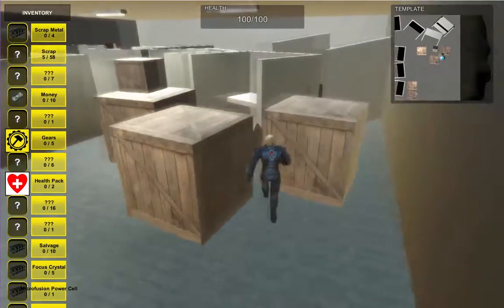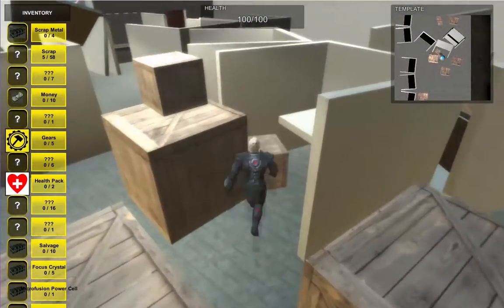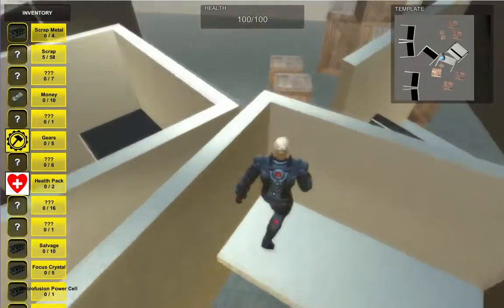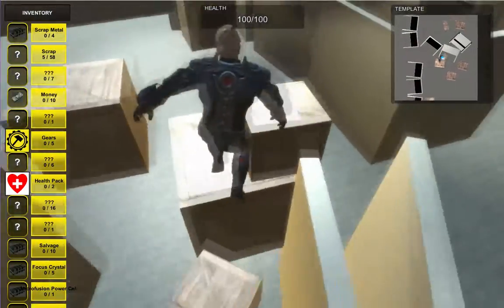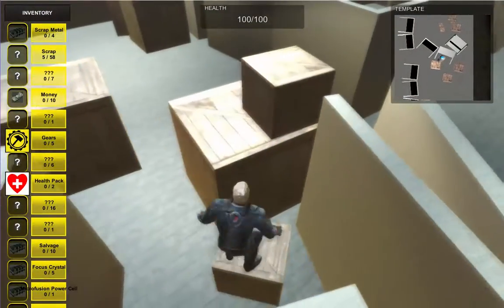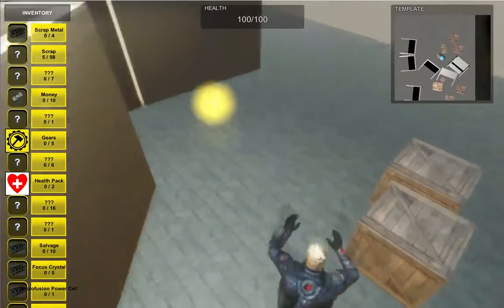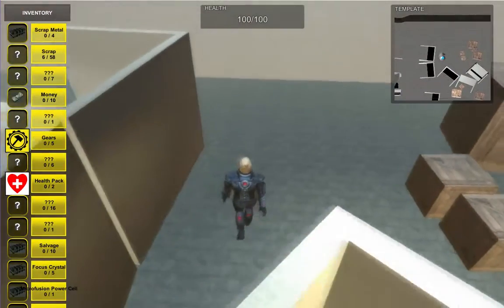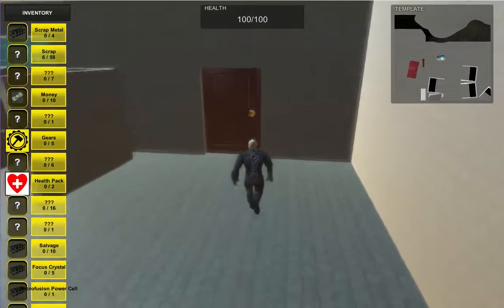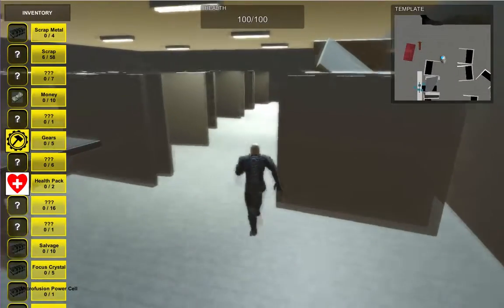Upon entering the next room, you find another piece of scrap metal, and then you make your way onto the next piece. Finding another piece of scrap metal. After pressing E, you find out the door is locked,